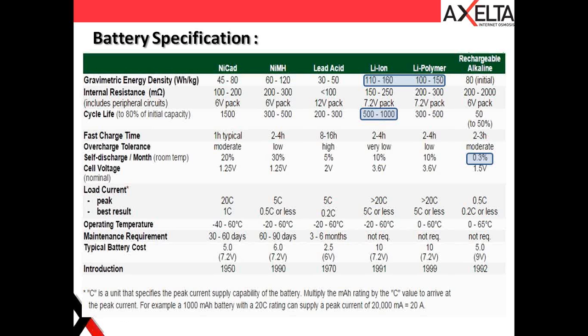Okay, so this is a much more detailed sheet of the batteries. We'll take a look at a few. Lithium ion and lithium polymer are definitely much better. It doesn't compare solid state right now because that's still too costly for commercial deployment. From a cycle life perspective, you can definitely expect lithium ion, which is why most of your smartphone and rechargeable batteries utilize this. Like I said, rechargeable alkaline, 0.3%, is important. This is something you should consider when you select your set of batteries